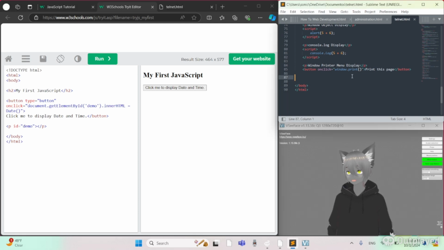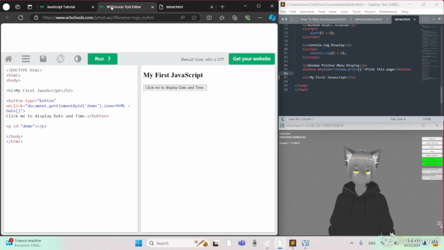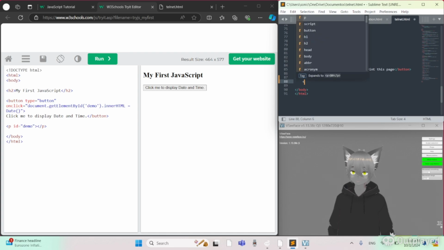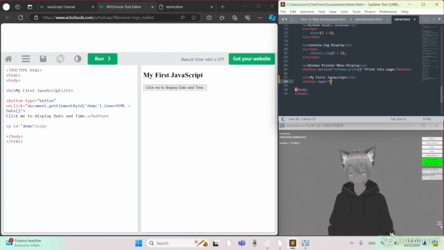So first exercise, we're going to go H2 for header 2, and then my first JavaScript. And I'm using the telnet page that we've been using so far in these JavaScript tutorials. And we're going to add a button, type equals button,